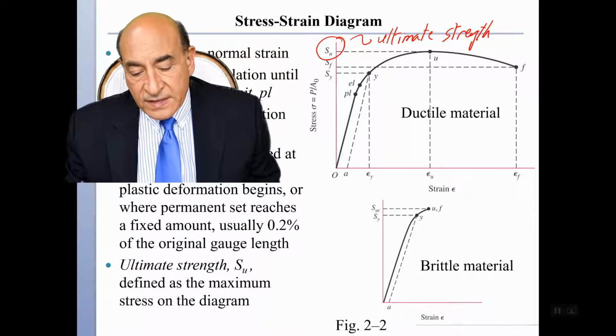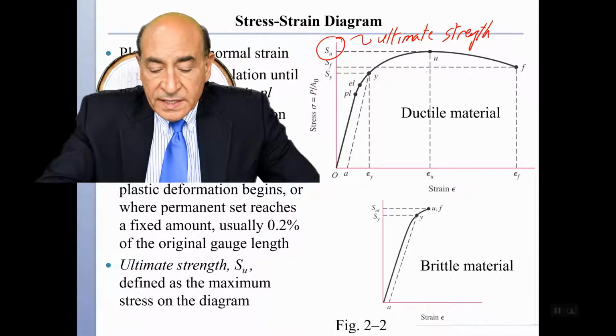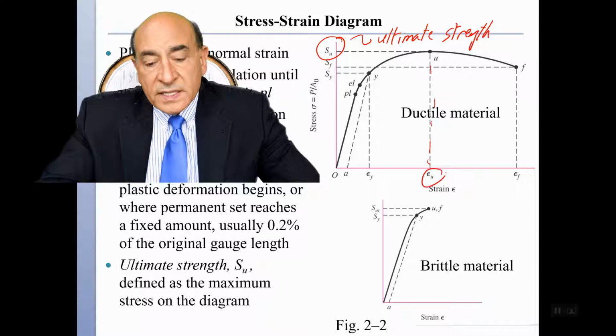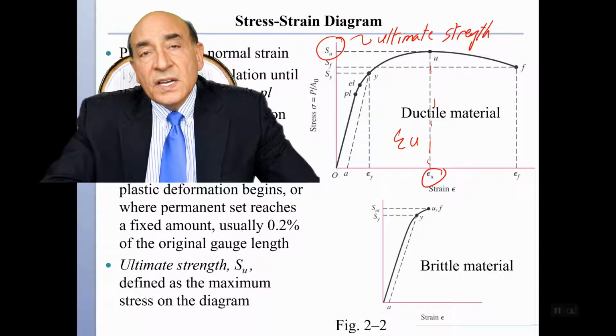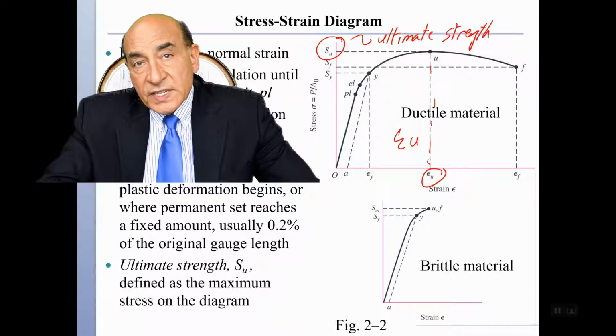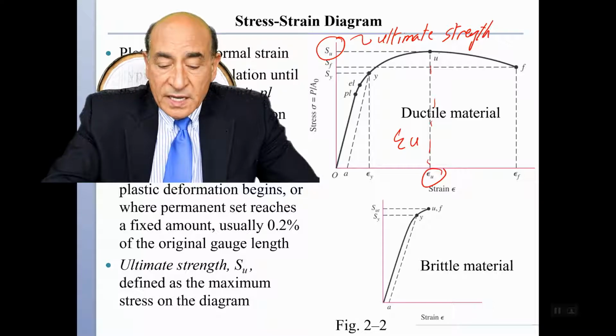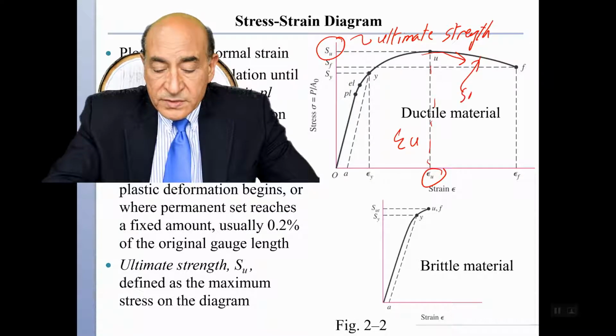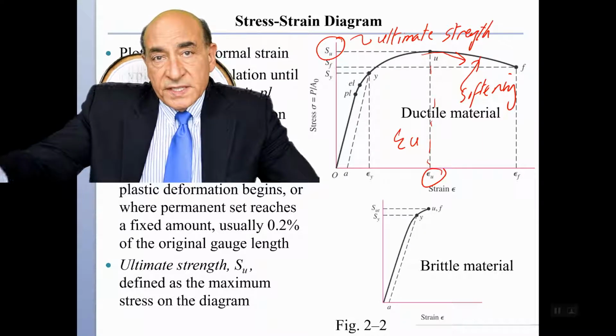S is for strength. And the corresponding strain is called epsilon sub u, and epsilon sub u is the ultimate strain of the material. It is not the maximum strain attained, because as the material softens, this is called softening here, softening, because the resistance decreases,